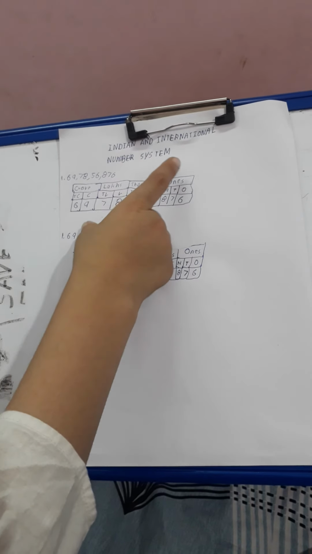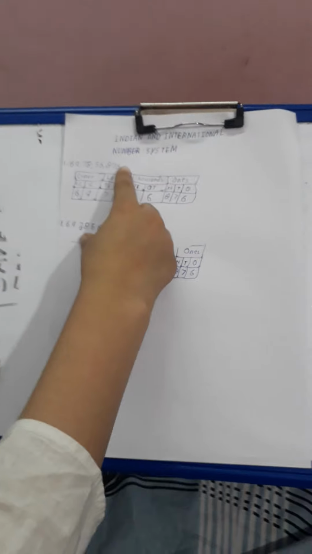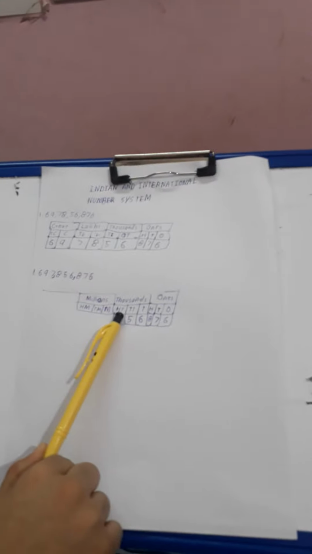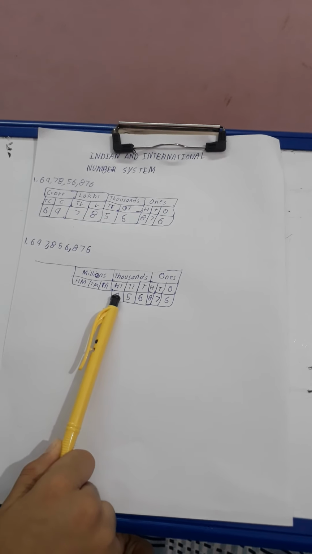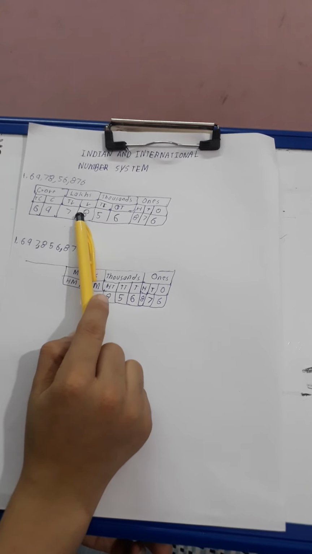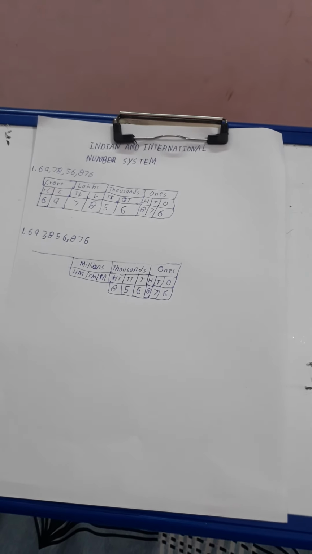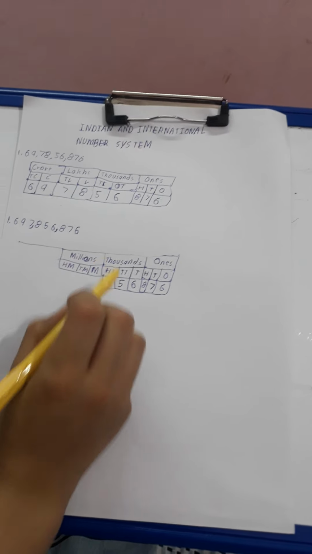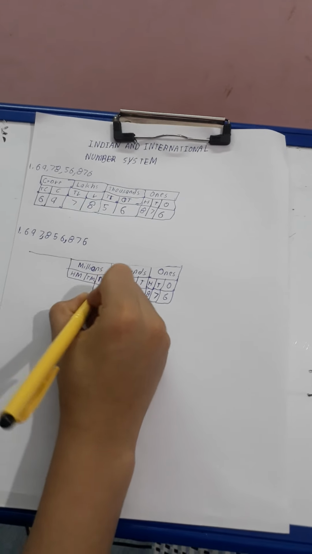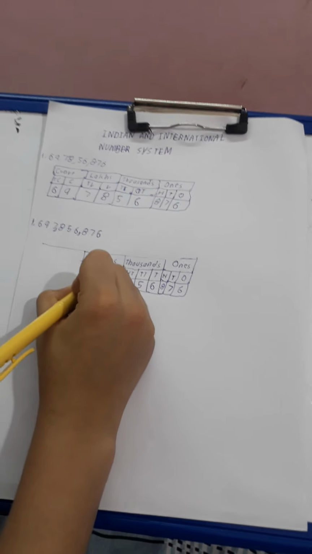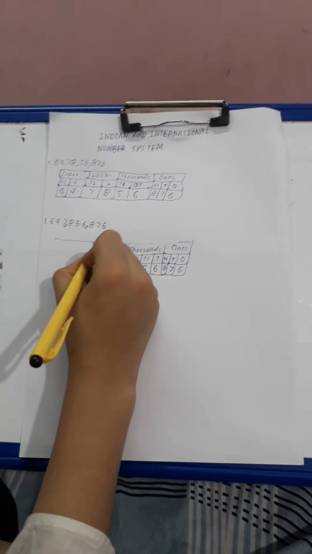But in the Indian number system we have no 100,000, so we convert it to lakhs. In the international number system we have the column of 100,000, so we write it here. So we have understood that 100,000 is equal to 1 lakh. Are you clear? Yes. Now we come to the millions. The next digit is 7, so we write 7 in it, and then 9, and then 6.